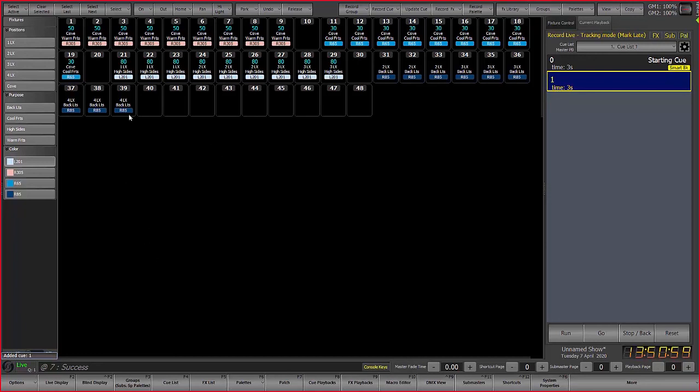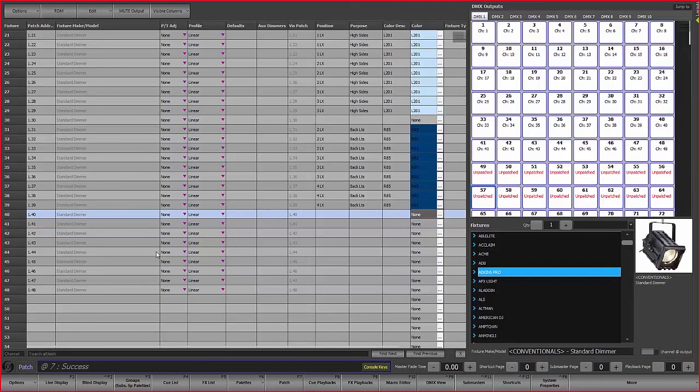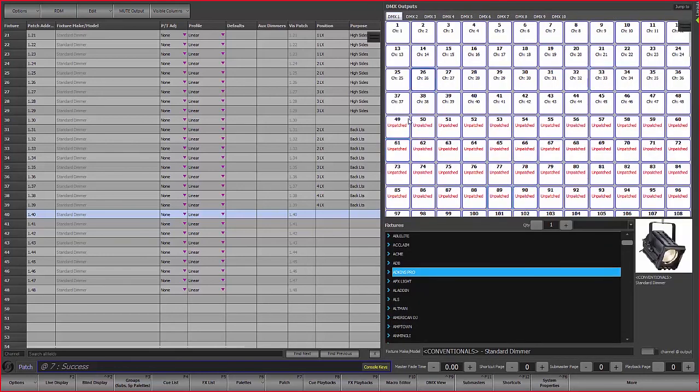Now, while we're here, I'm going to go back in the patch and put in some intelligent fixtures before we get too involved with channel control and recording. So we'll go back in the patch, and now let's think about the next type of fixture that we want to patch. I'm going to make my right side a little bigger by moving that vertical bar. And there are two ways of going about